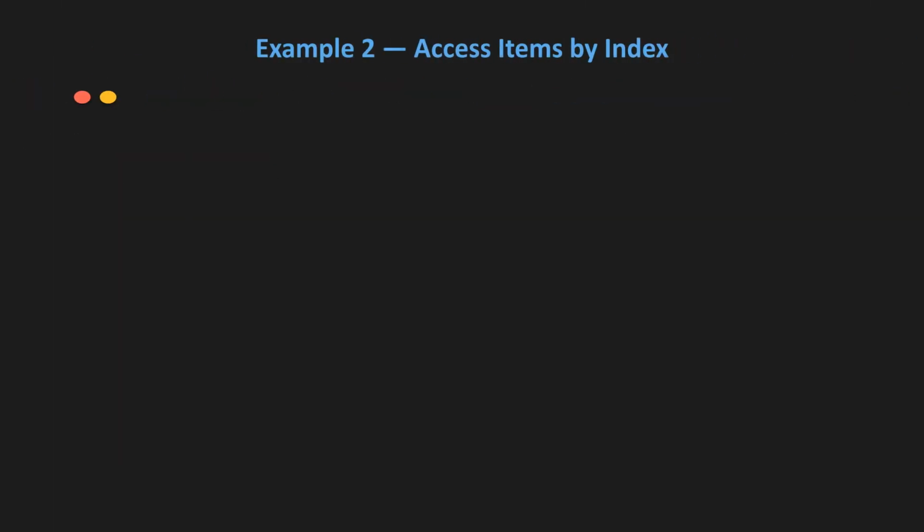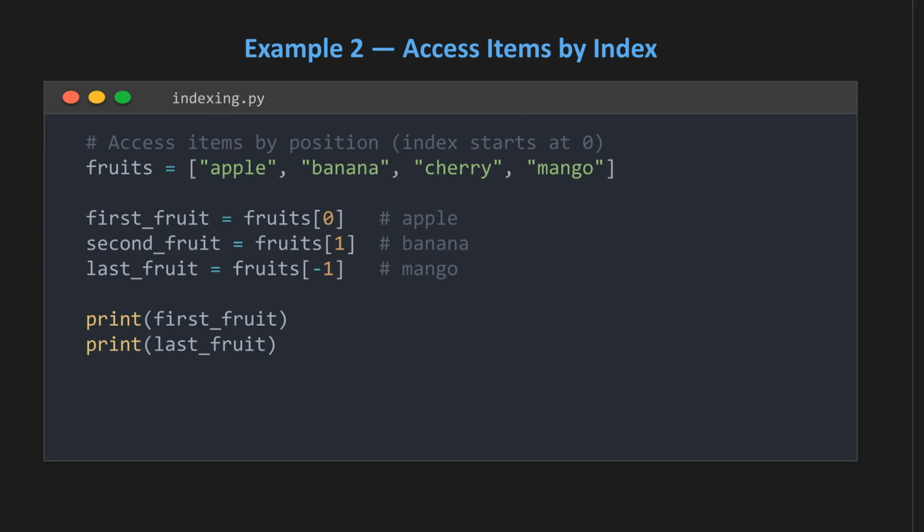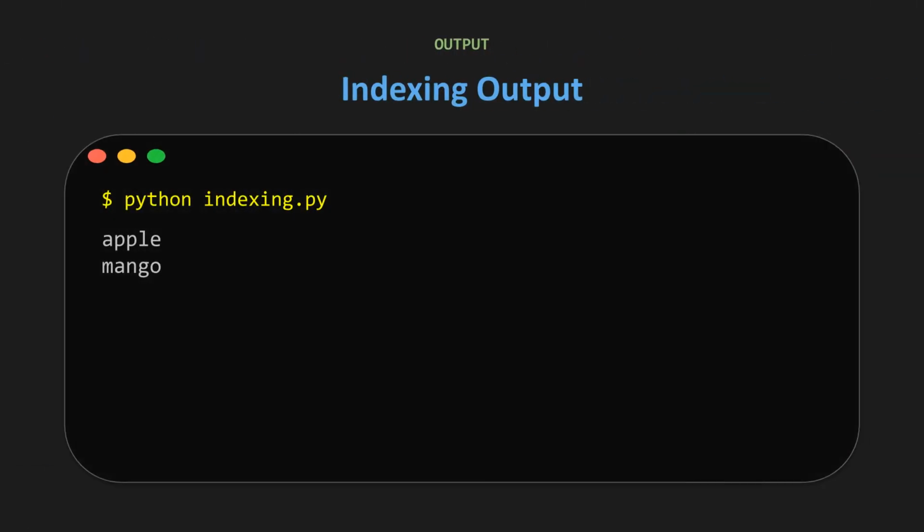Example 2 shows how to access items using indexing. Remember that indices start at 0. You can also use negative indices, like -1, to get the last item. The output confirms that accessing index 0 returns "apple," and accessing index -1 returns